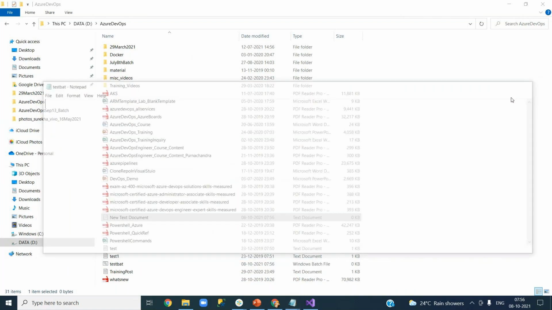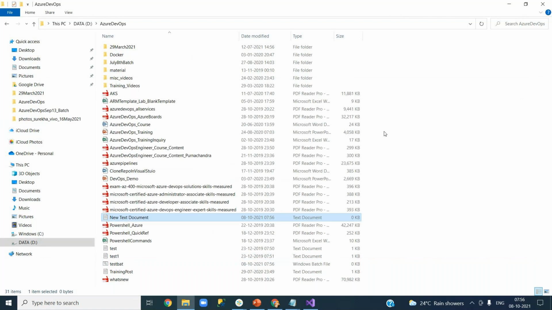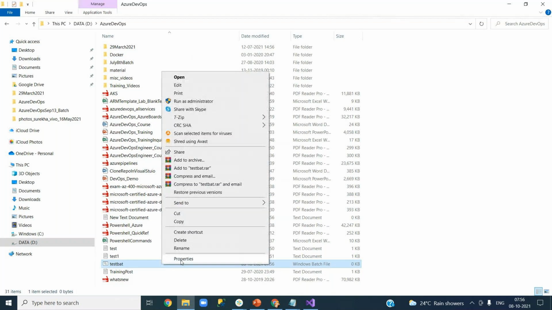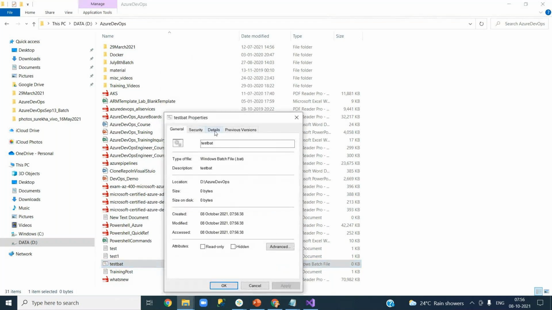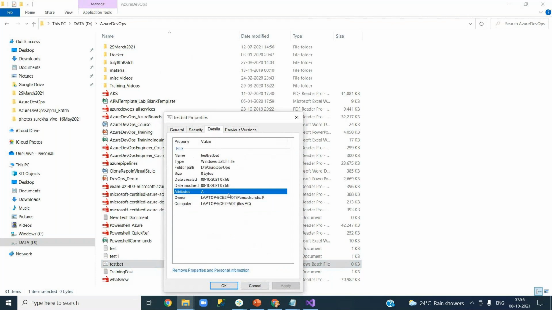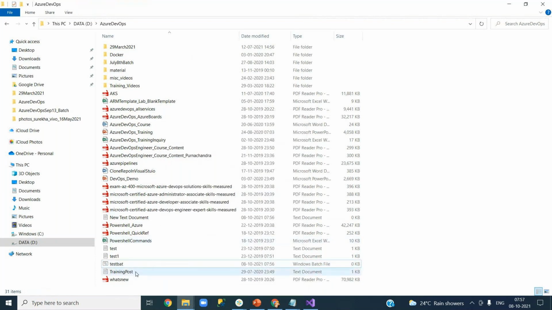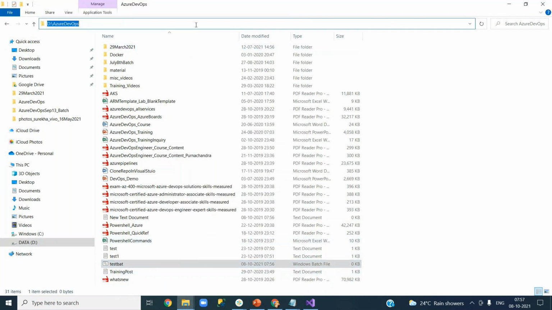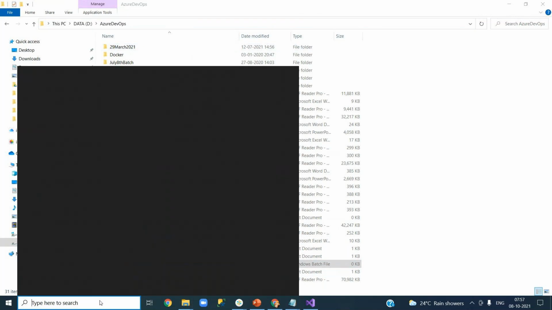This is some test batch file. Basically, our Windows commands will be kept in this kind of file to run whenever they want, for automation. If I have to run this set of commands in this batch file, obviously, if I have to run it from the command prompt, let me take this path. If I go and run this from C,